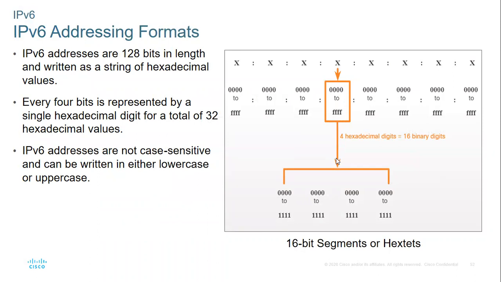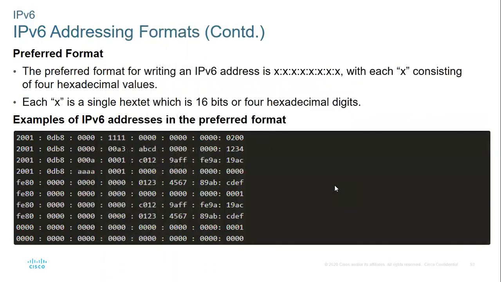And when we expand it further, it means that in this single group, we have 16 bits, okay? So this is called a segment, okay? All right, now, you can see that this is IPv6. It's very long,